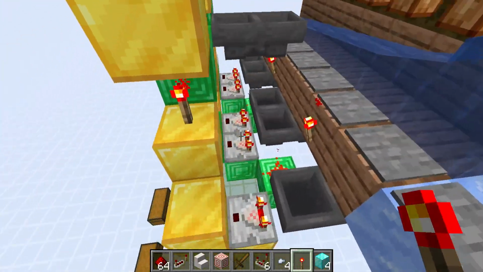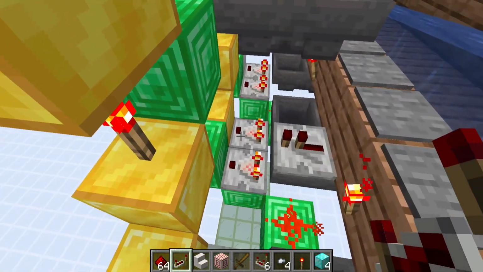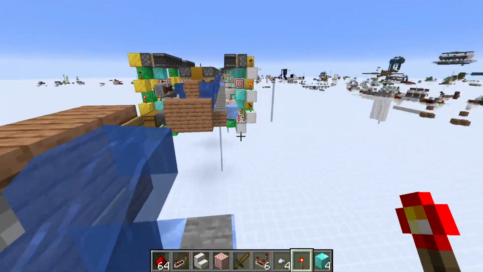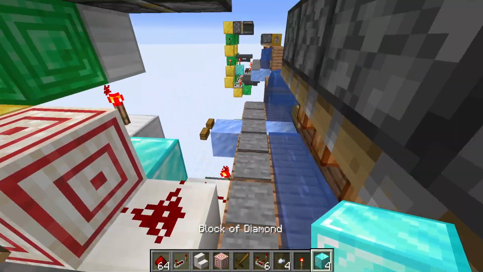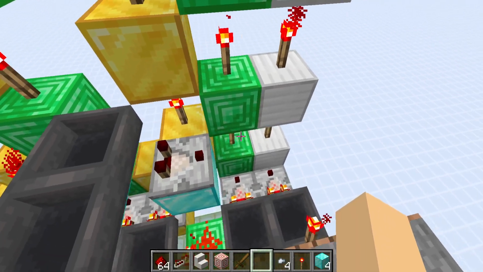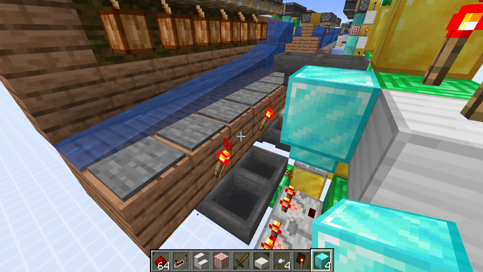So what you want to do here is go to this one that has the hopper below it here, place a repeater that goes into a diamond block, which goes into a torch, and then from there back. Okay, so then on the other side here, I also place the diamond block, place your last comparator there, then have that go into a block, and then have that go into a slab, which is that there,